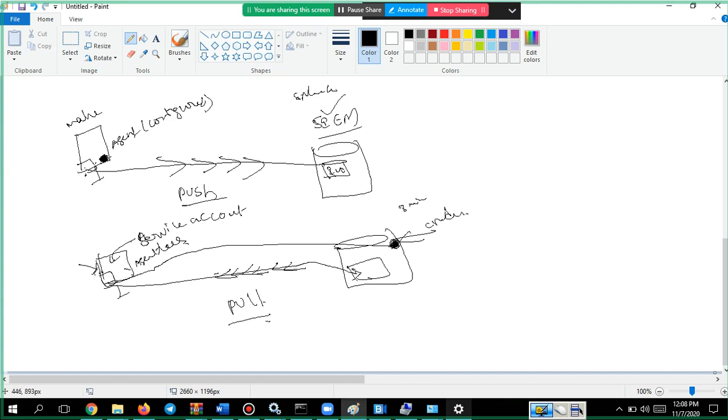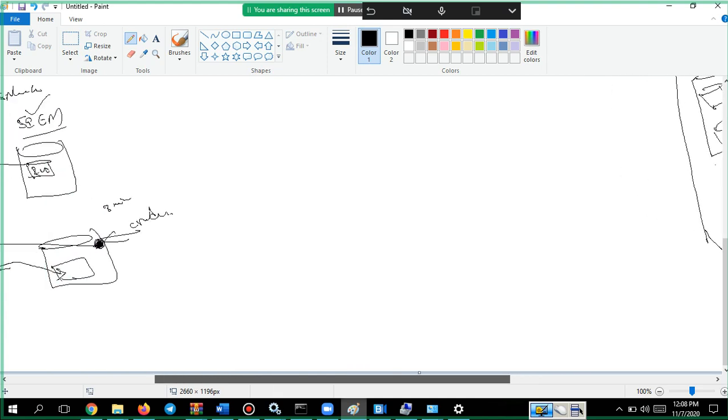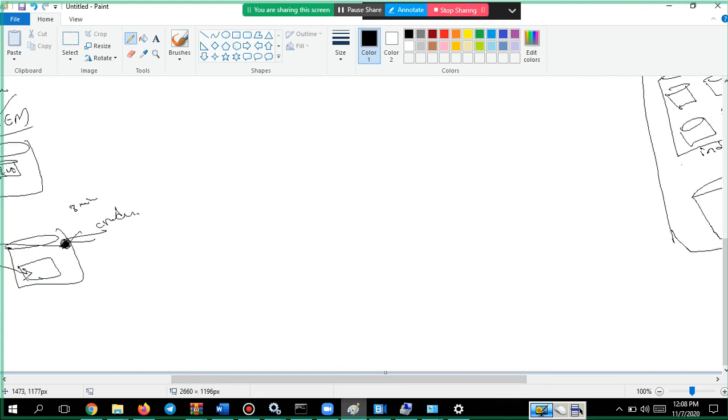So this is called the pull mechanism and this is called the push mechanism. Now that is wonderful. You are pulling the logs from here and sending them to some server. But what I want is, for the logs you are sending, which are getting received here at the server, is there anything we can do?